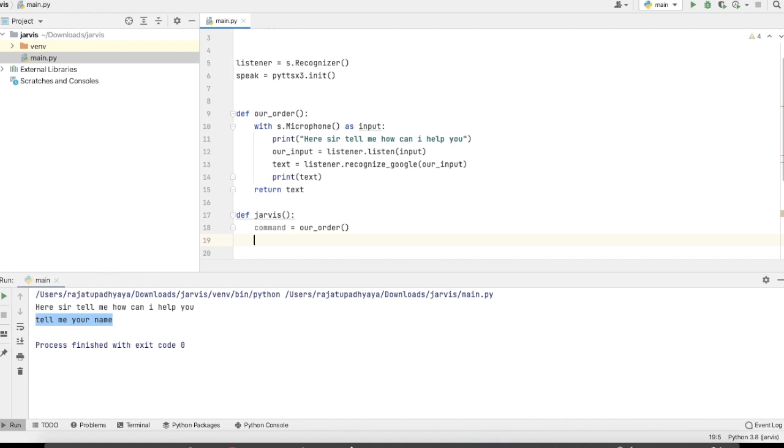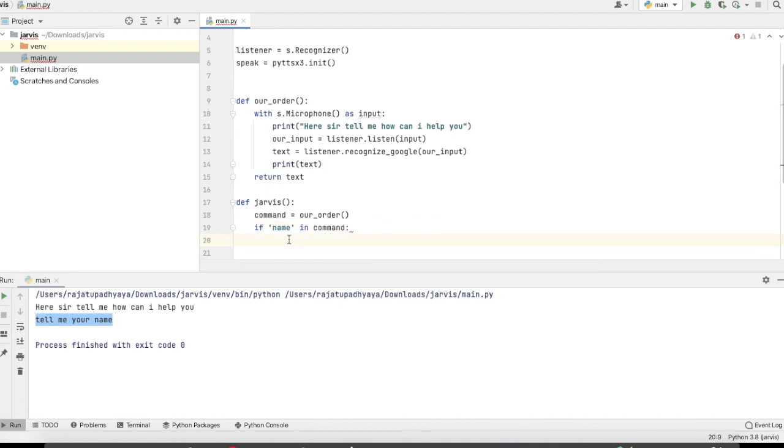Now we are going to write some conditions, so according to our condition, it will react. Suppose I am doing: if name in command, then what will it do? Suppose I say anything and there is one keyword, which is name. Now we are going to use text to speech, because when we ask something to Jarvis, he is going to give us the answer.